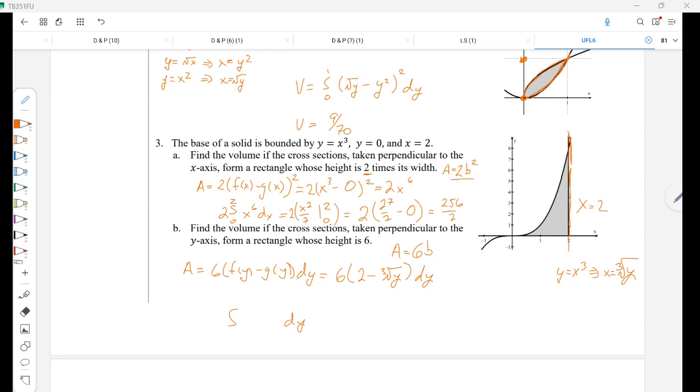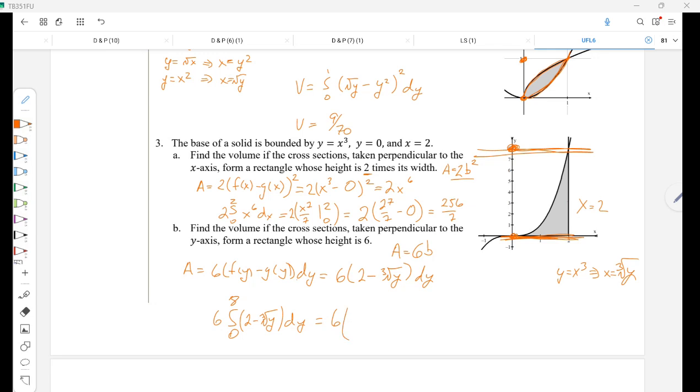So we need to integrate this time from 0 to, not 6. 8, yeah. So we're going in terms of y, so our integration bounds need to be y values, and this shape exists completely between y equals 0 and y equals 8. So we'll integrate from 0 to 8. The thing we said we were going to integrate, which was 6 times 2 minus the third root of y,